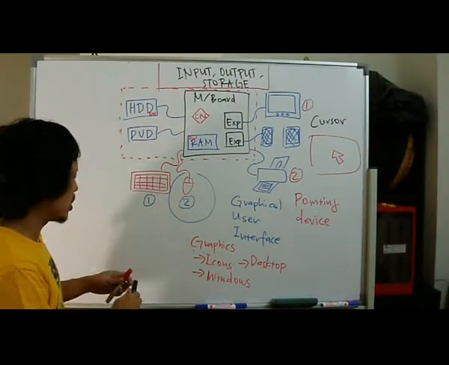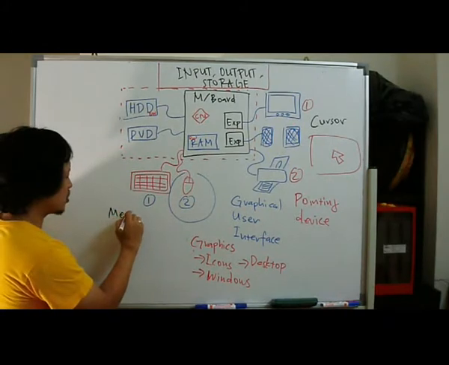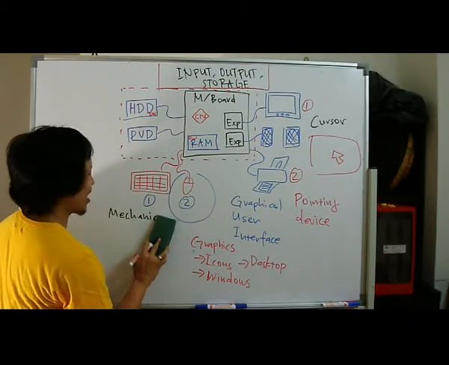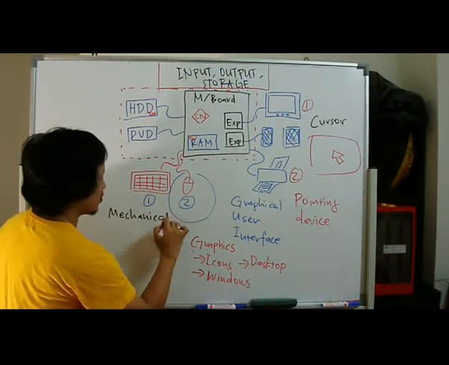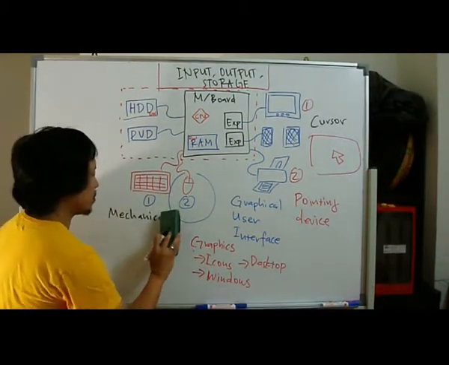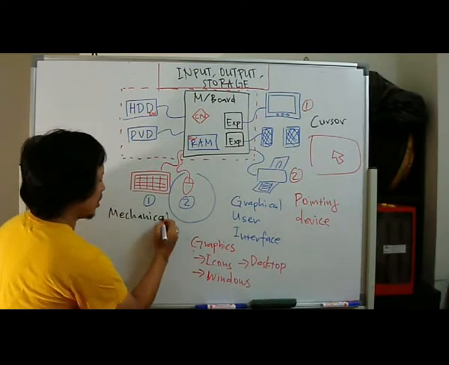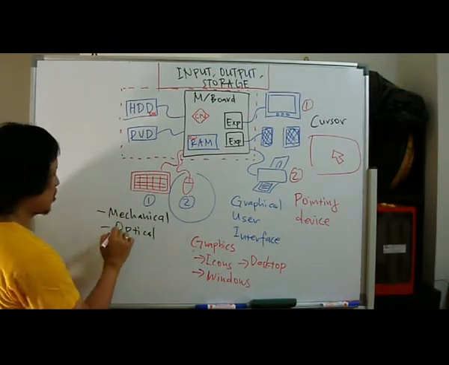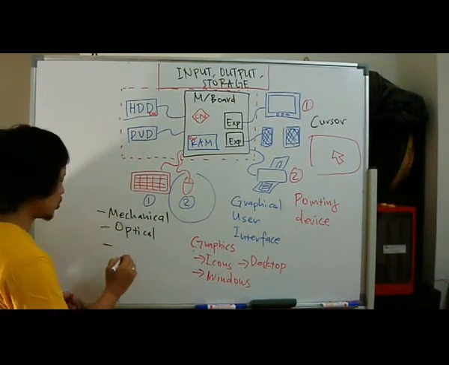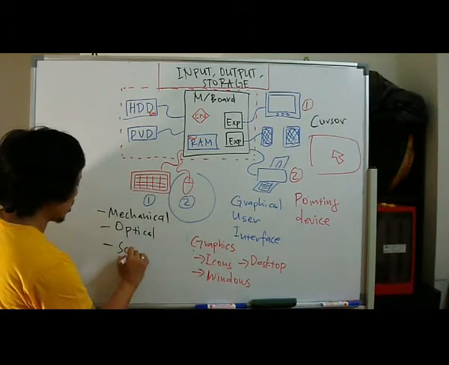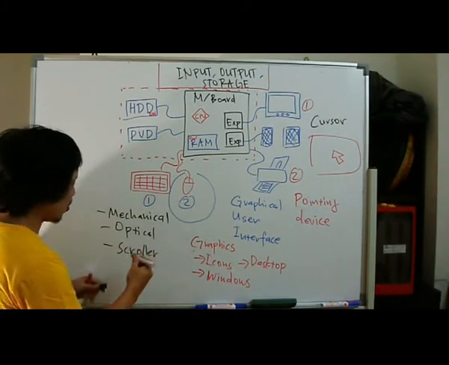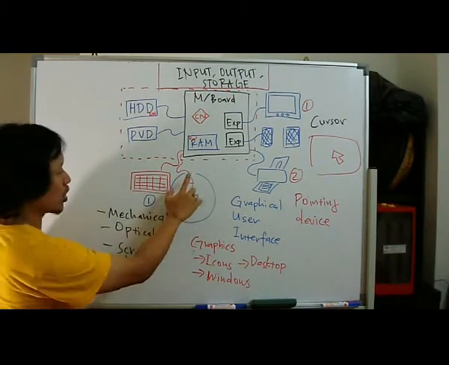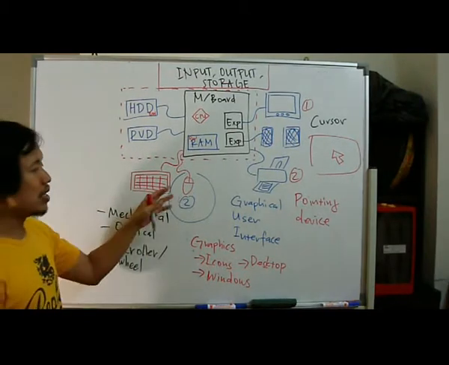Most mouse nowadays, although we have mechanical mouse, most people nowadays use what we call the optical mouse, right? And a lot of mouse nowadays also have what we call the scroller or wheel mouse,